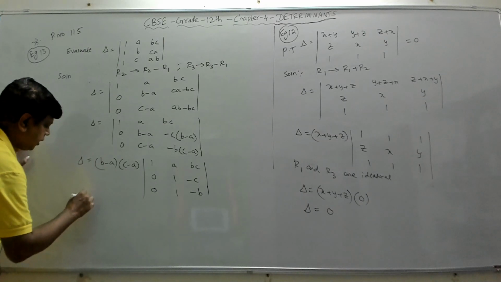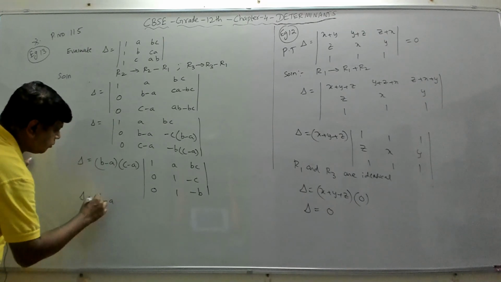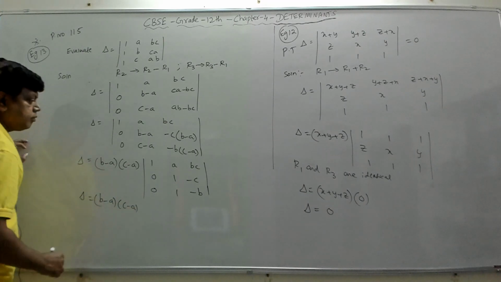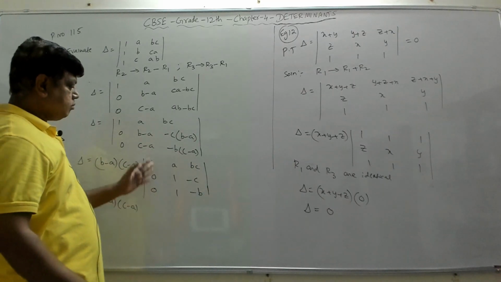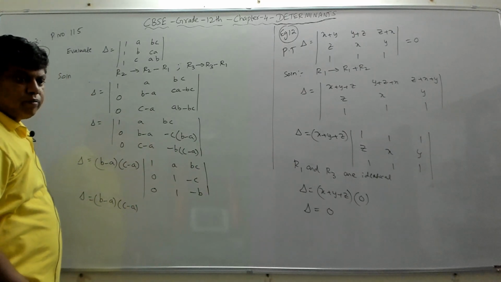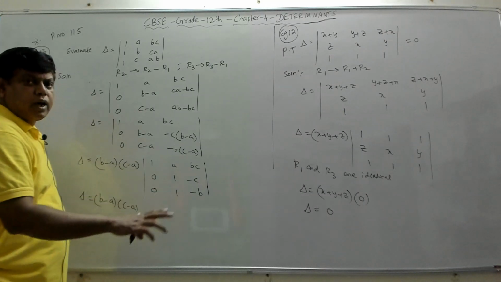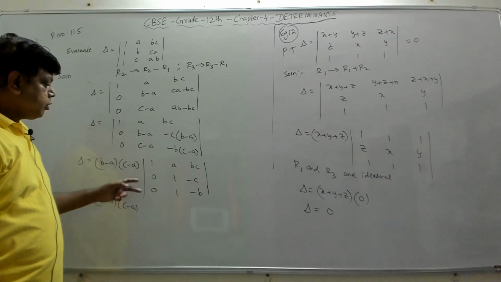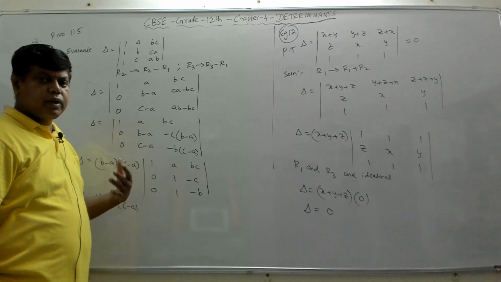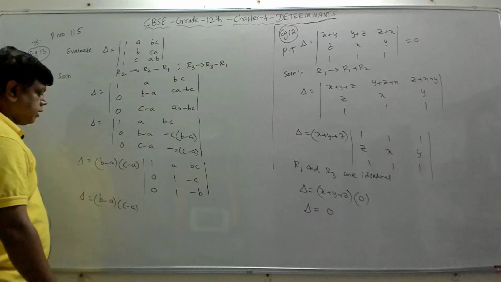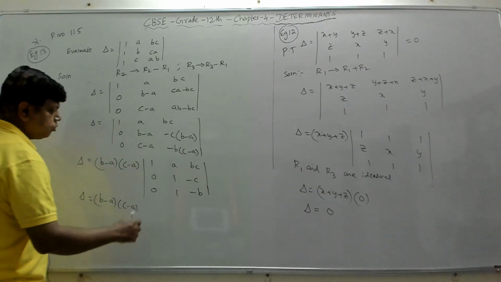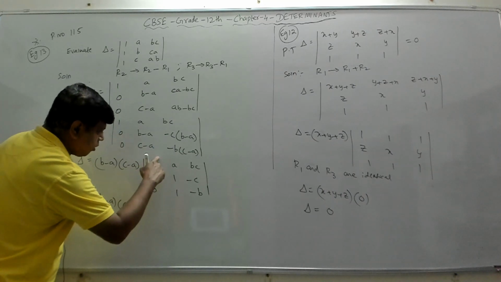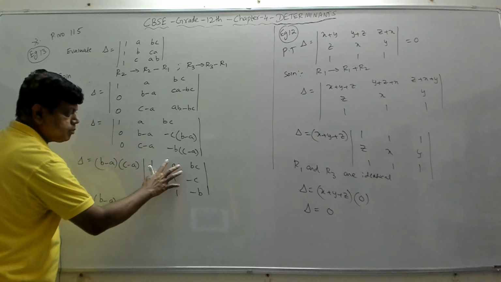So that is it. So delta equals b minus a into c minus a. Right, now we can expand the determinant. So the moment you get two zeros, we can start expanding it. If you get any two zeros in a particular row or a particular column, we can start expanding. Right, so if you expand along c1, I'm going to expand this along c1, then